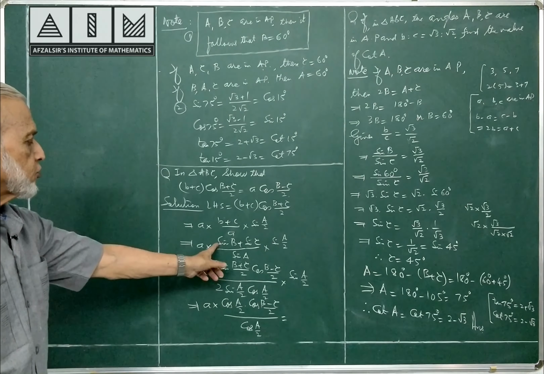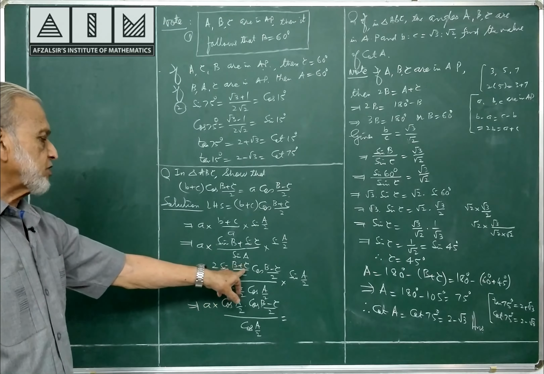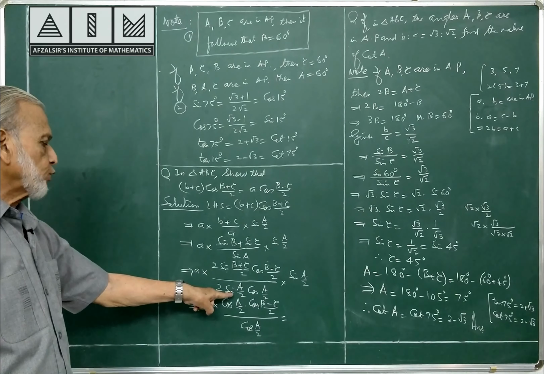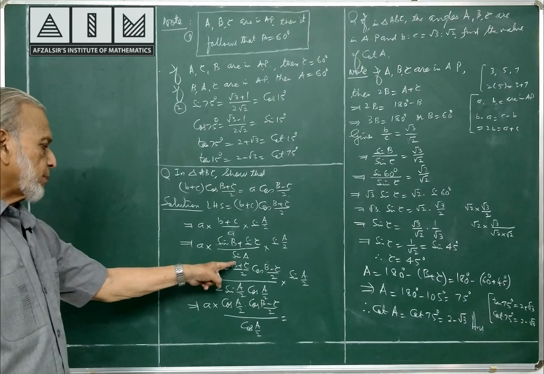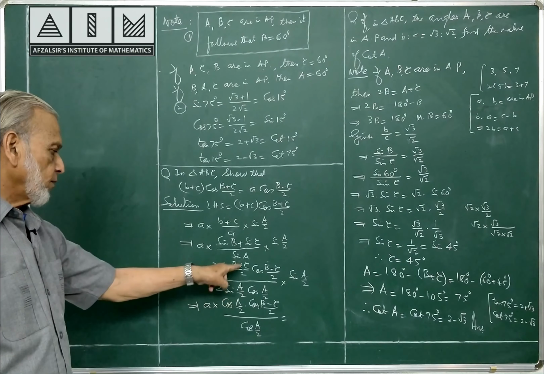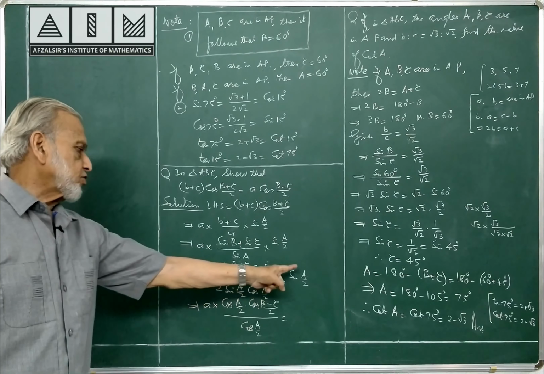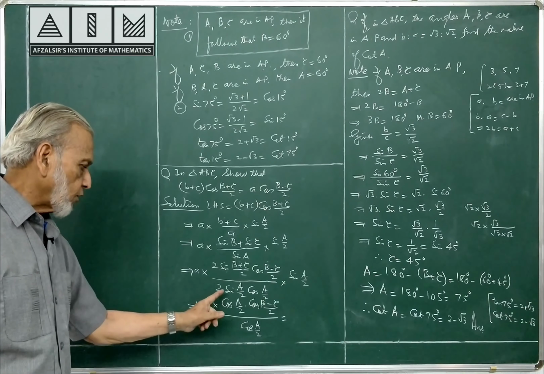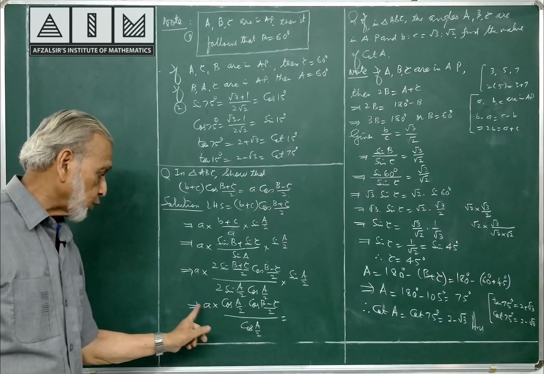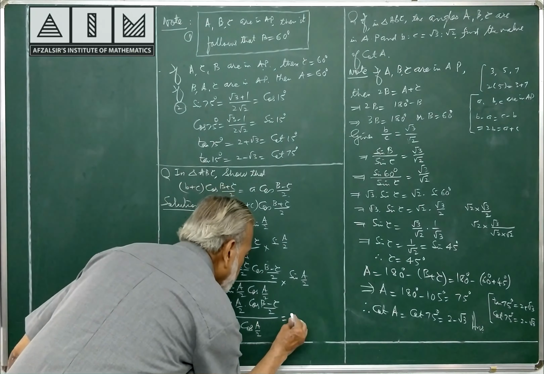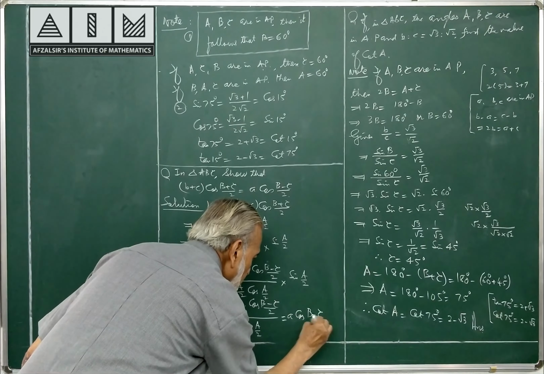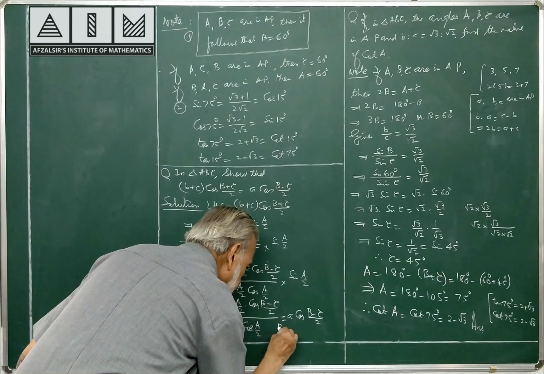Understand once again, sin B plus sin C is 2 sin (B plus C by 2) cos (B minus C by 2), sin A is 2 sin A by 2 cos A by 2, sin (B plus C by 2) is cos A by 2, this 2 will cancel, this sin A by 2 will cancel this sin A by 2, leaving cos A by 2 here. Now after cancellation of cos A by 2 you got a cos (B minus C by 2). This is your right hand side to be proved.